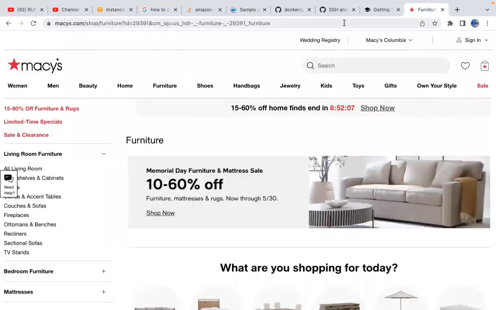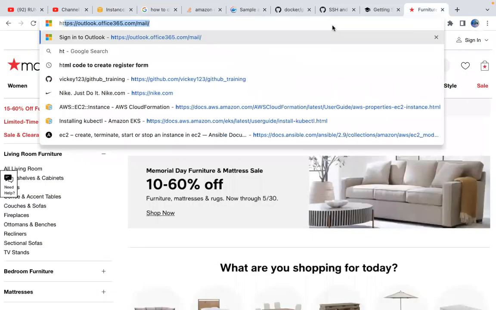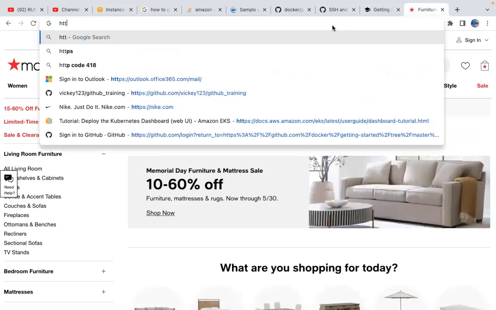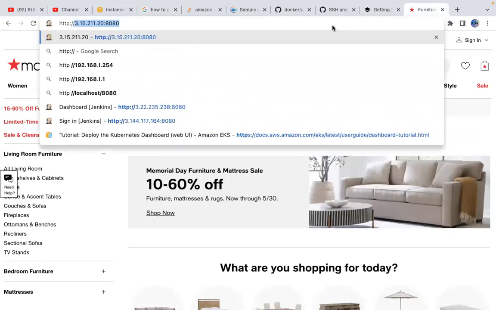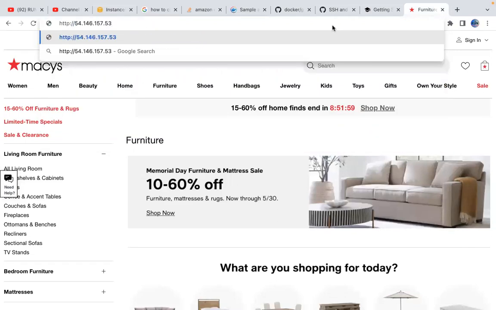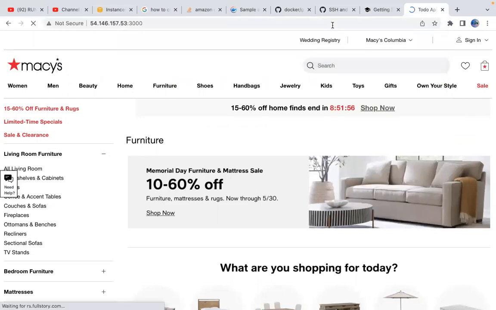Grab your public IP, go HTTP, public IP and port 3000, right? You see that now it's working. This is the container that we are expecting to run, and it is running.